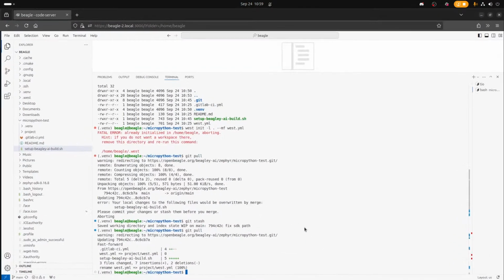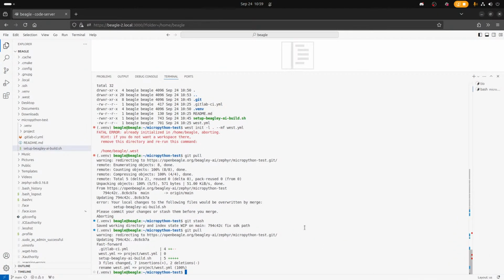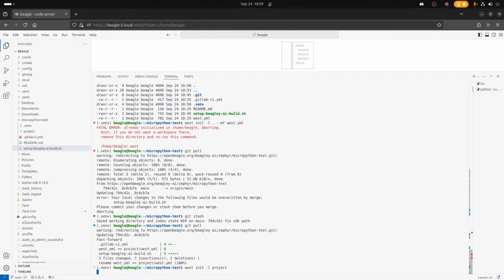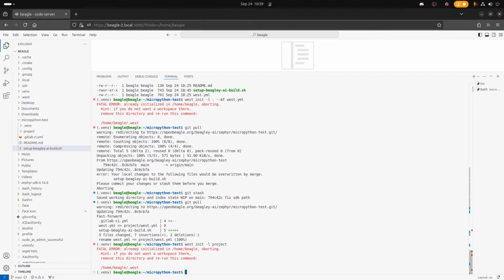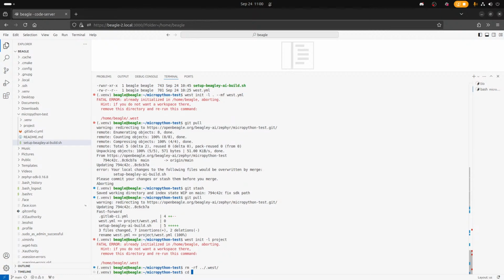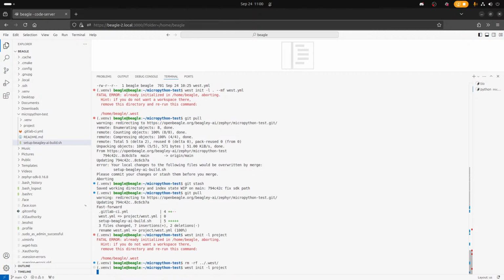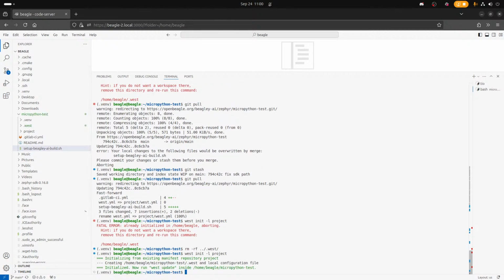Okay, let's see. We need to go into that subdirectory to make it, because if we do west init -l project, it tries to put it back into the... You first need to delete the .west. Yeah, I deleted it from the base, but it's still putting it in. Oh, because it tries to look up first.